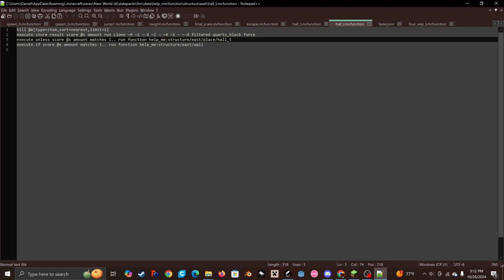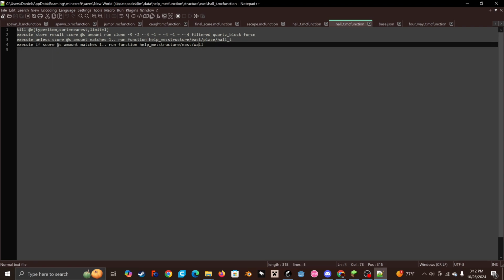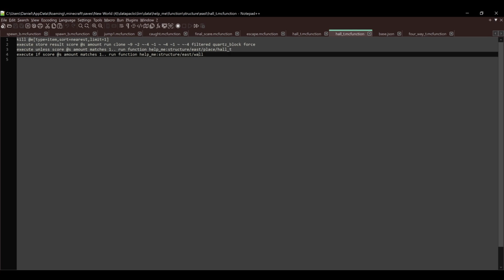which is in my hall function, as my base hall is the smallest of all my structures, and thereby if it can't generate, nothing can generate. And rather than having it run this top east command, it runs wall. And basically what wall does is it kills the armor stand and simply places a wall, and thereby ends the generation along that path. So now there's only 3 more things I have to show you, one of which is